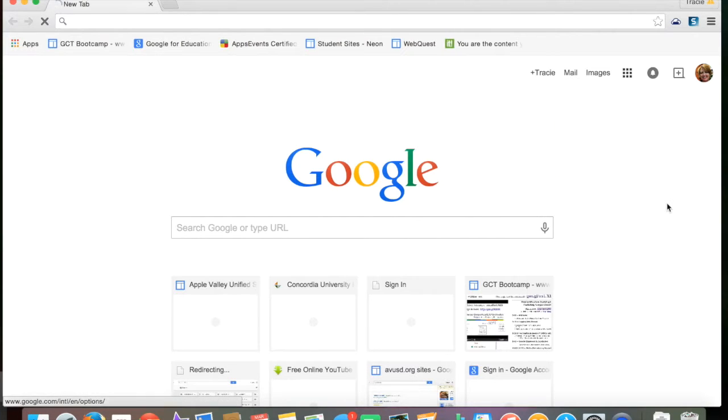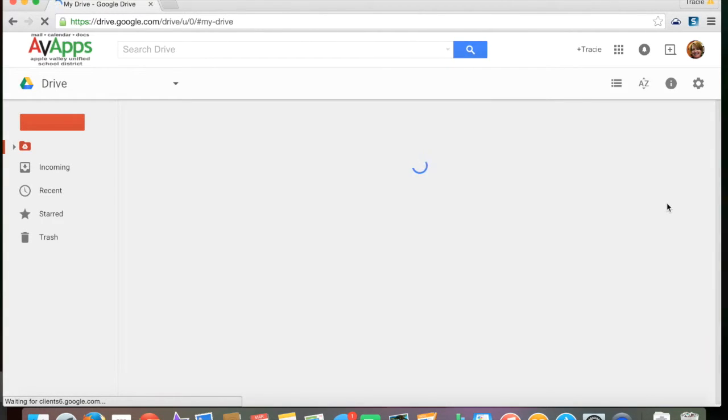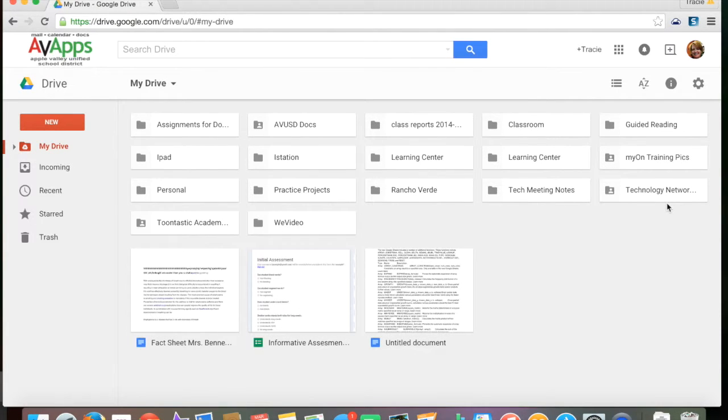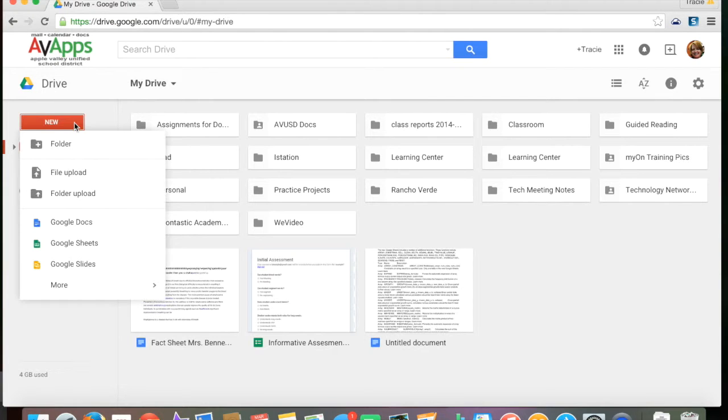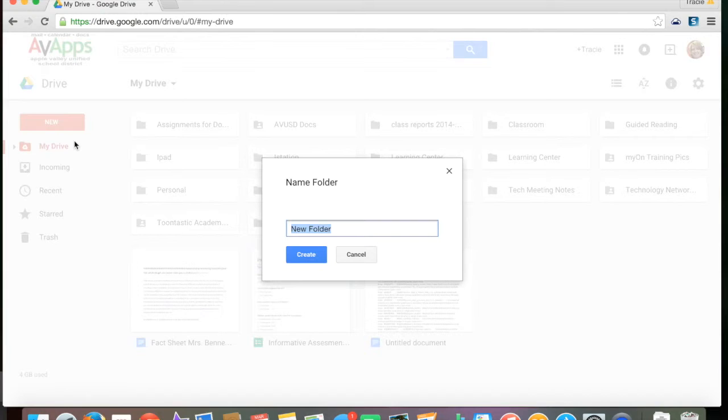and that's how we're going to get into Google Drive. Once I click that and I go into Google Drive, it's going to open up into some folders. In the folders, you're going to be able to make new folders and create those folders and organize your Google Drive account into anywhere that you'd like. How you make a new folder is you're going to come in here, and I want something new, so I'm going to click New. When I click New, I can simply select Folder, and then I can name my new folder